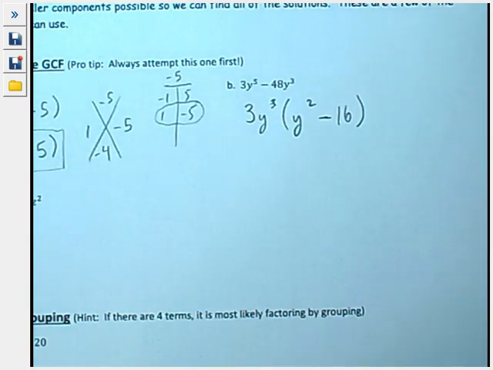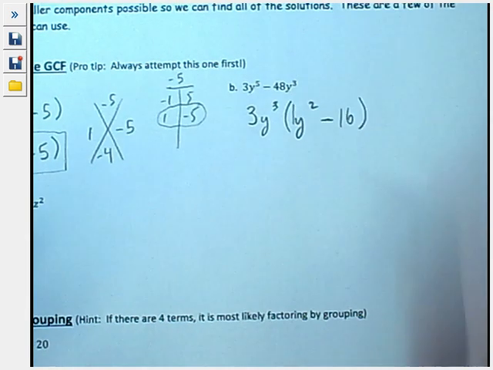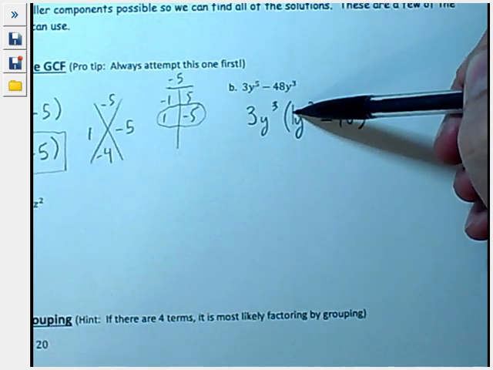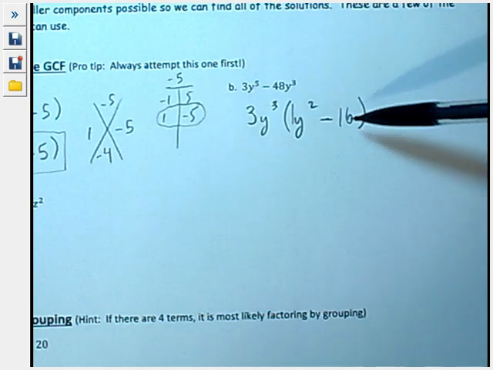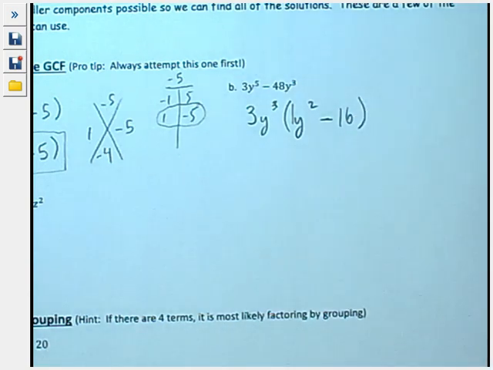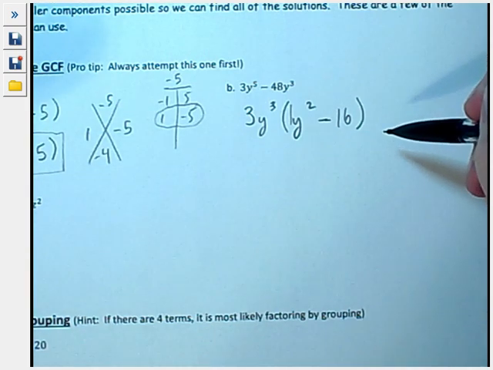Now when this happens, what we're noticing here is that there is a number here, right? This is a 1. We don't write it, but it exists. And what we notice here is that there is a 1 here, which is a perfect square, and there is a 16 here, which is a perfect square. And this is important for us to recognize because this is the difference of two squares. If you didn't recognize that, then you probably didn't already jump into factoring, and you